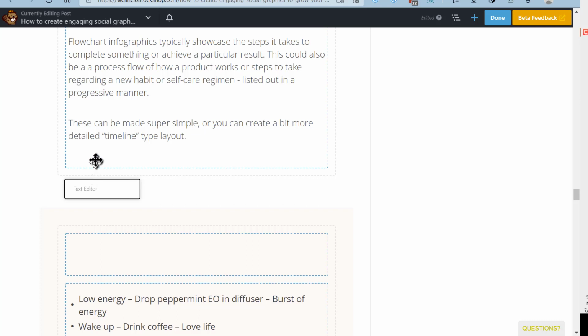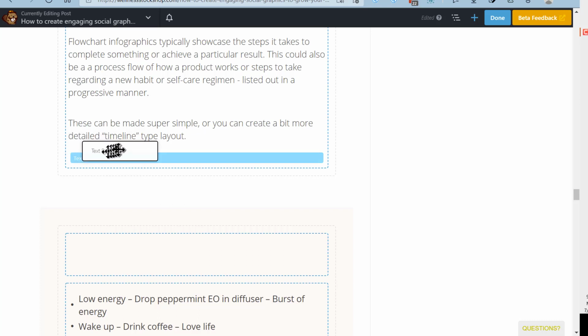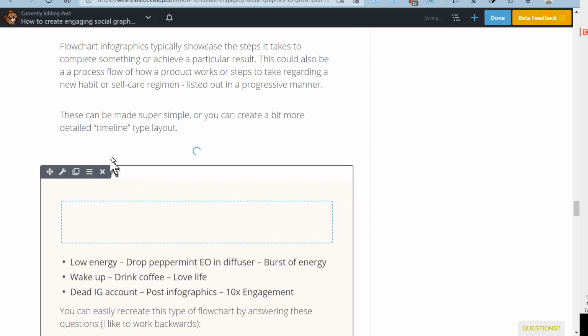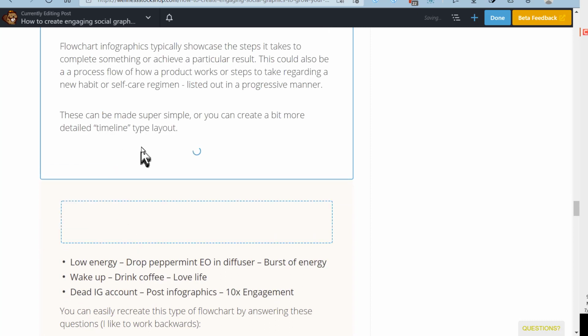And you'll notice what I do is instead of moving it into the same column, so you can see this dotted blue line around this. That's a column that already exists. But what I want to be able to do is put this into a new column so I can add a background to the column. So I'm just going to move it down a little bit, and that's going to create a new column